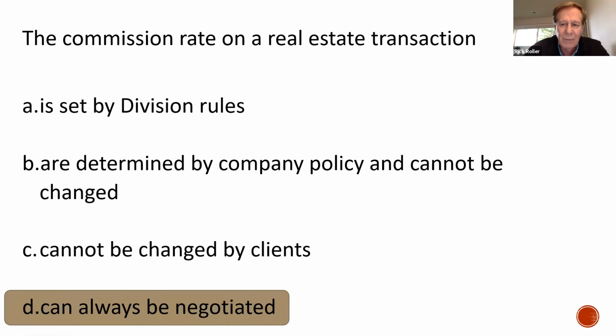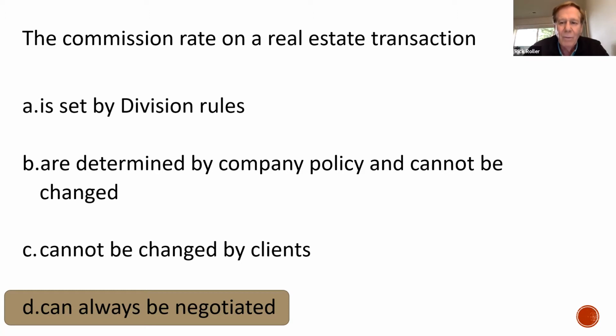And when you talk about commissions being negotiable, it's not just the seller side, it's the buyer side as well. Well, what do you do when you're negotiating the buyer side? Well, you do a commission rebate. So if there was a $10,000 commission on the buyer side of a transaction, and you agreed up front that if they bought a house from you, they would get a $2,000 rebate, that's just called a rebate.